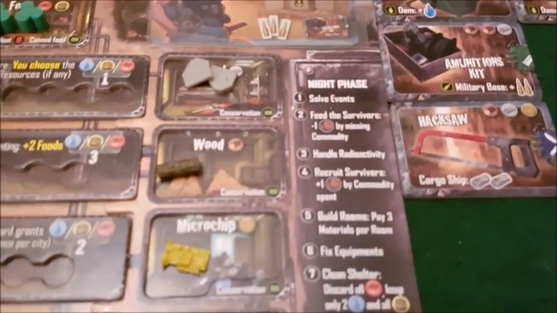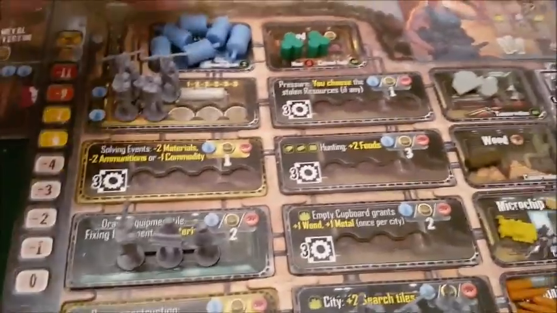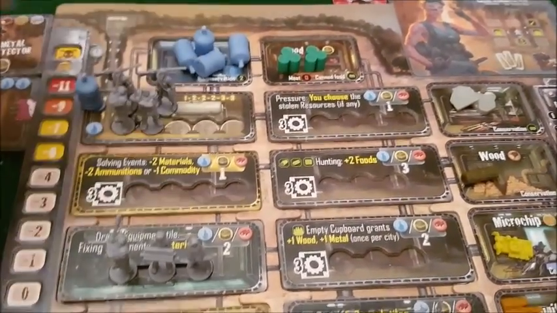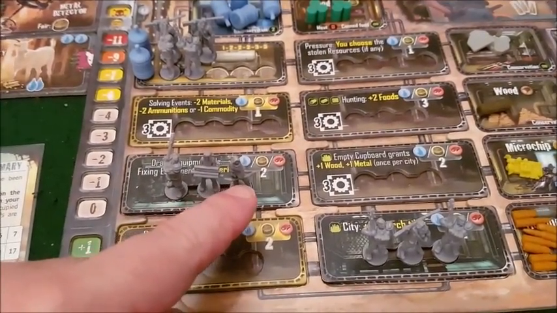And then we do feeding the survivors, which is number 2. So starting here with the air hatch, you have to spend 1 water per row. So I'm going to spend a water for that group and a water for that group. Then down here I can spend 2 of any water, food or meat. So I think I might...